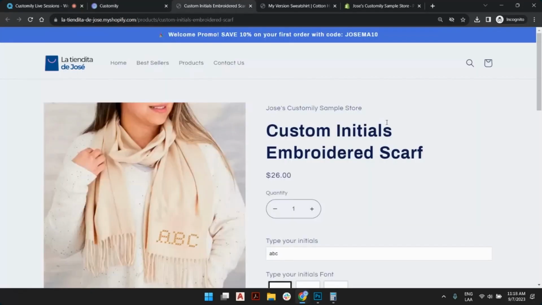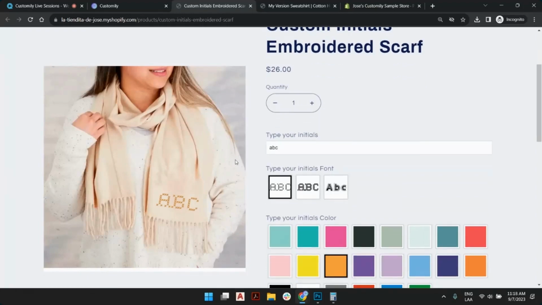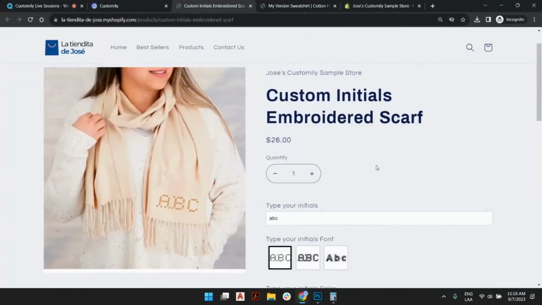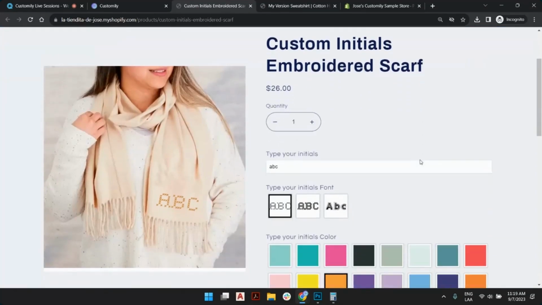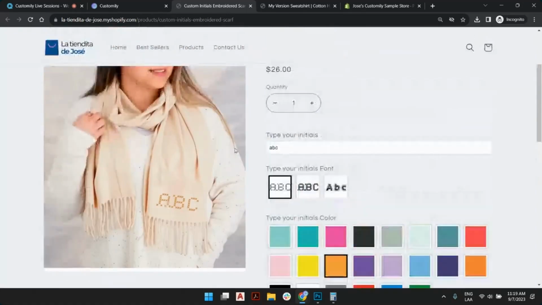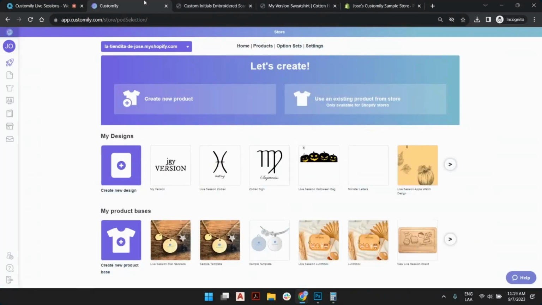Like we saw here in the examples of my store, this is a Shopify store, and you can preview the customization before you purchase. In the case of Etsy, it will be the other way around. You will have an Etsy listing and you can provide a lot of information on how Customily works. And after the customer purchases, they will get an email in which they can access a URL and they can preview the customization and submit that to complete the order. So aside from that, it's the same interface,